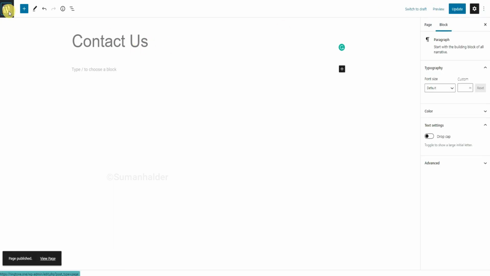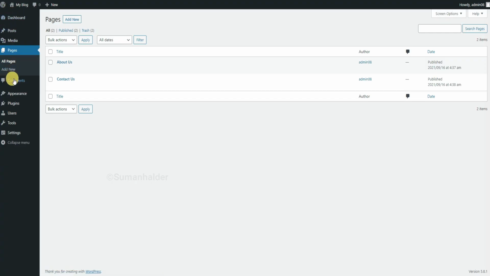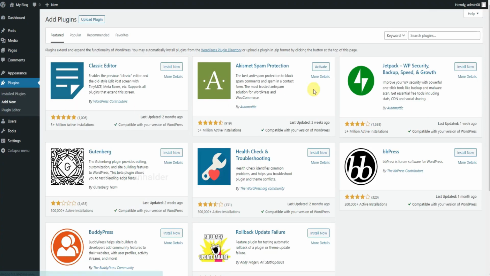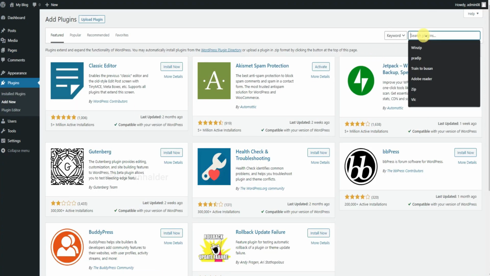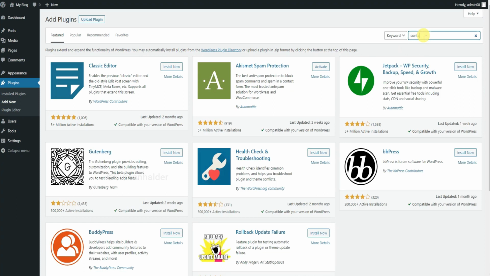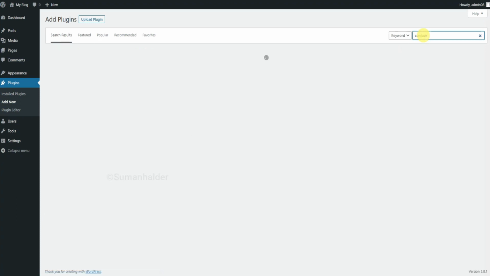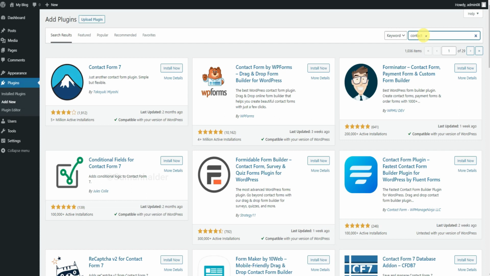Here we need a contact form plugin. So click the plugin option and search contact and install contact form 7 plugin.